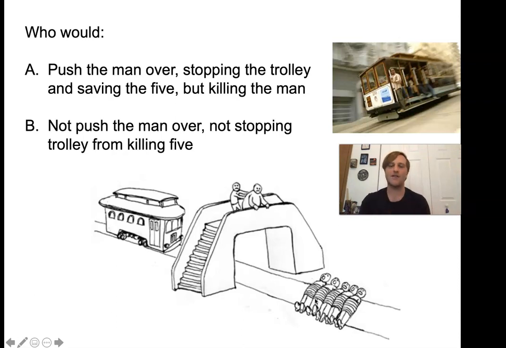And when people are asked to rationalize it, they say, well, it's something about pushing the person. You're actually putting yourself in the situation. Well, you can argue that by deciding whether or not to pull the lever, you're putting yourself in the situation too. So there's no right answer to this question. But it does make us think about